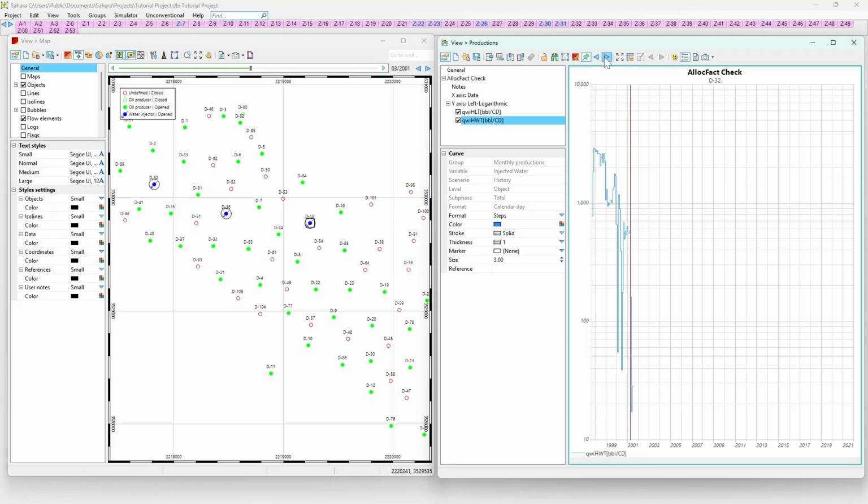So the whole problem is only this well D32, which doesn't have any water injected at the layer level because the allocation factors haven't been imported to this well actually. So now we know that we have to correct it. So that will be